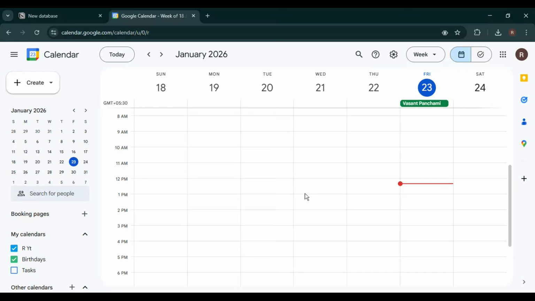In this video, I'm going to show you exactly how to add Google Calendar to Notion step by step, so you can view and manage your schedule directly inside your Notion workspace. This is perfect if you use Notion for planning, task management, or team collaboration, and want your calendar visible in the same place. We'll go through the entire process from Google Calendar settings all the way to embedding it inside